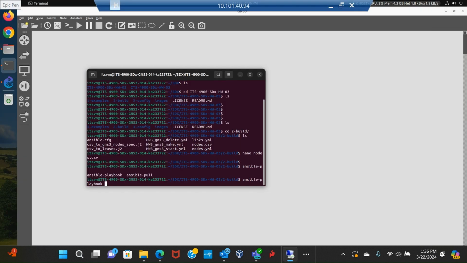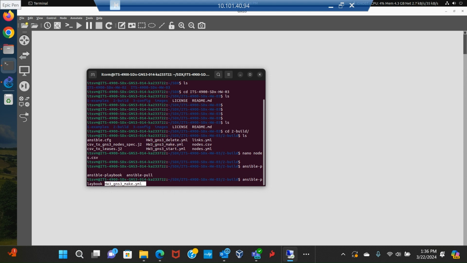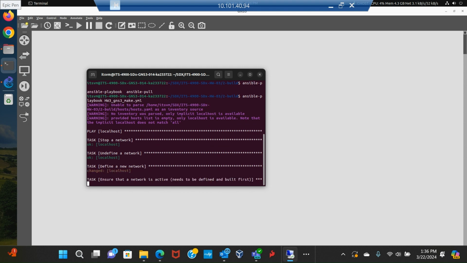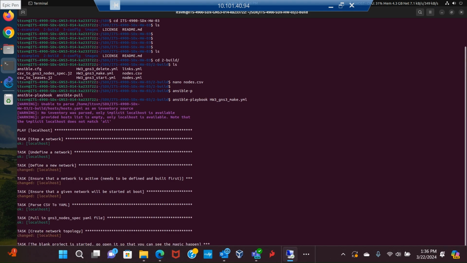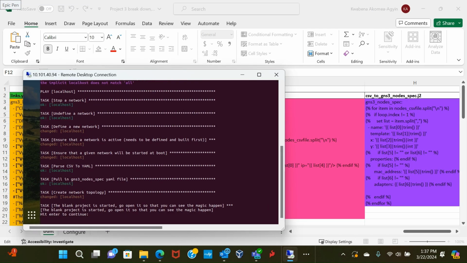Okay, so we have ansible-playbook, then followed by what we want the file to do. So to make the file, we just copy that in here, and then we paste that and we hit enter. And the Ansible playbook takes all the information that is required, picks out the tasks, executes all the tasks one by one, and then is going to output the configuration for us.